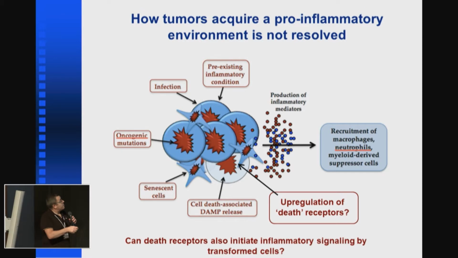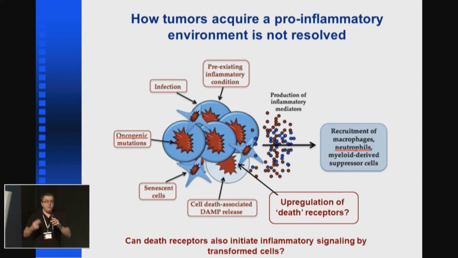So inflammation in the tumor environment is not a good thing, but despite that, we really don't know how inflammation is triggered in the tumor environment. Now, there's a number of different candidate ways that inflammation may be instigated, and I've listed some of them here. But there is no doubt that many solid tumors, if not all solid tumors, manage to somehow trigger an inflammatory